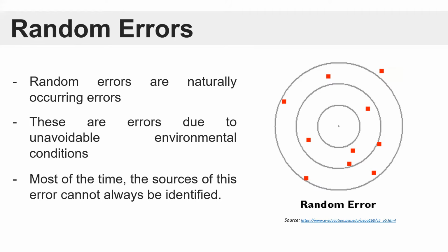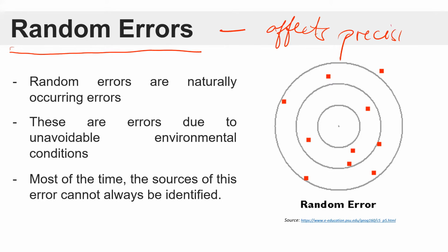kung sino yung nagkamali, kung grupo kayo, di ba, na nagko-conduct ng experiment or nagkukuha ng measurement. So, mahirap hanapin kung sino nagkamali or kung saan kayo nagkamali. So, when you commit this type of error, kapag random error ang meron kayo, your measurements are imprecise. So, this affects the precision of your